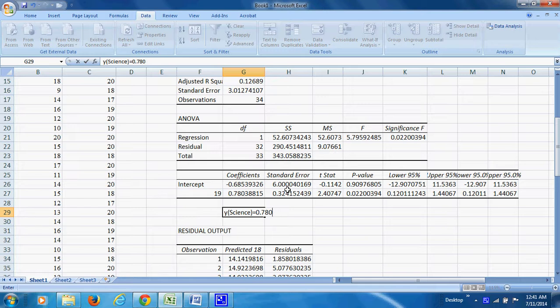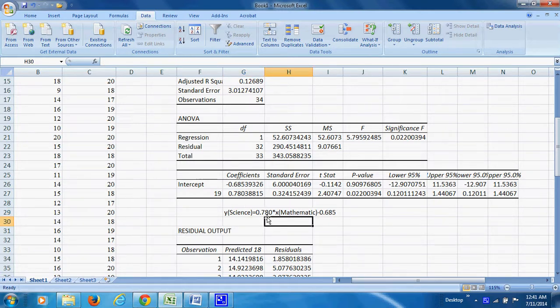Remember, the x is math, so we type here mathematics. Then the constant or the intercept is minus 0.685. This equation means that if we know the performance of a student in mathematics, we can predict his performance